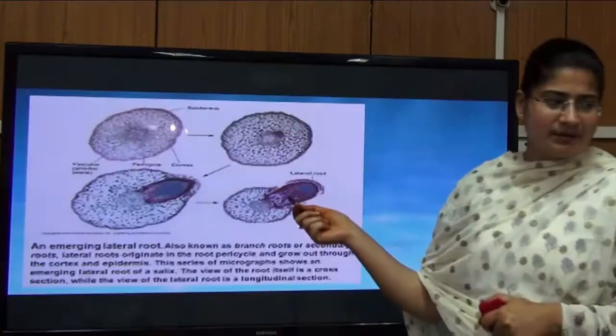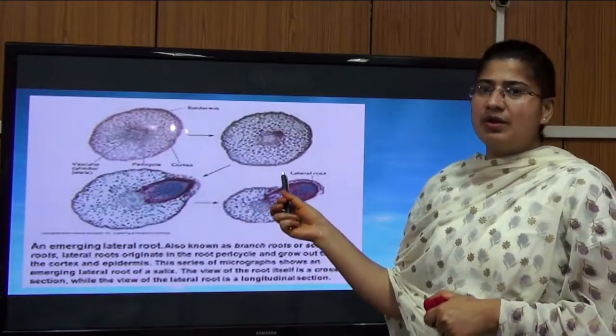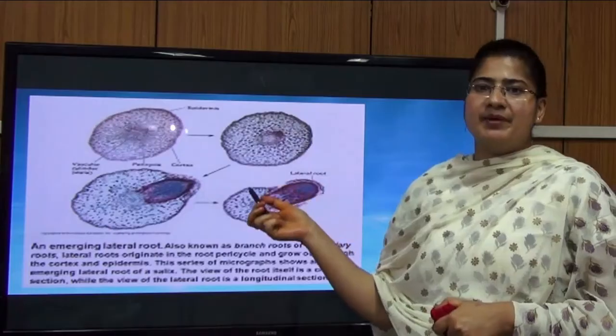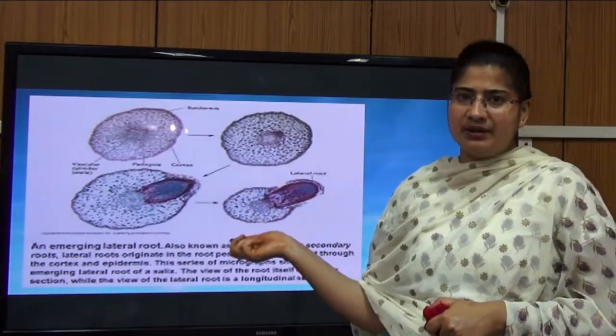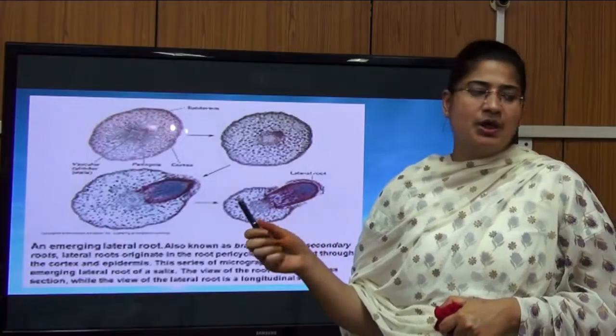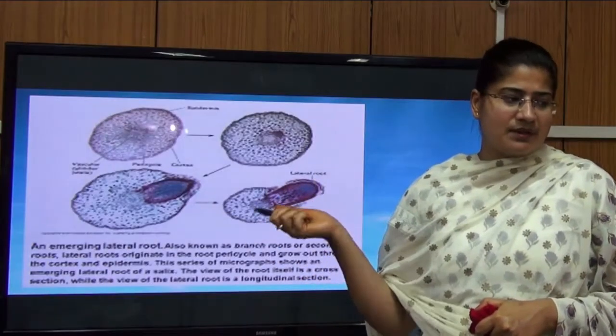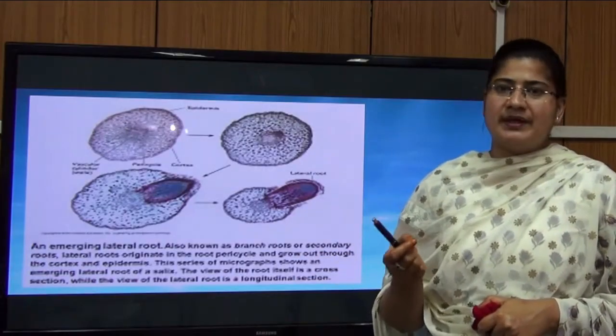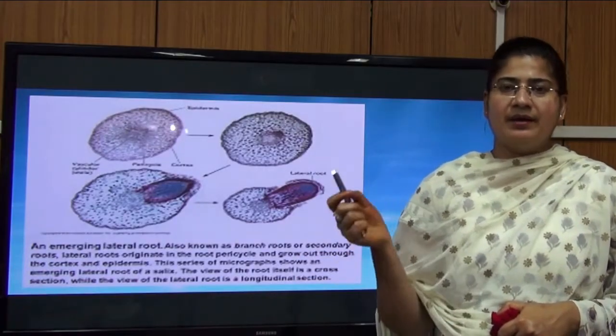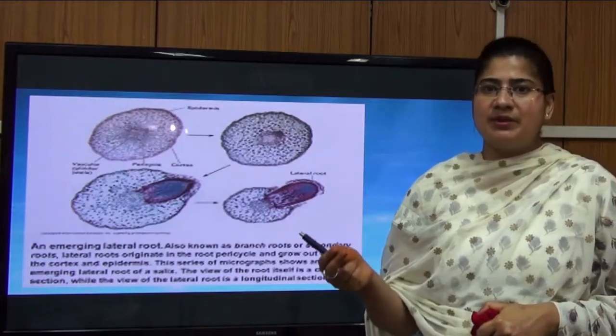So what happens here in this figure, you can see that auxin causes cell division in the vascular cambium, because of which there is eruption of lateral roots. The lateral roots emerge. So because of this application of auxin, you can get these roots very easily in very little time, and the plants will get established very early.